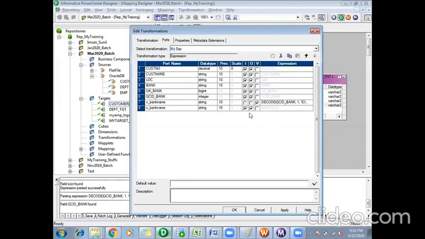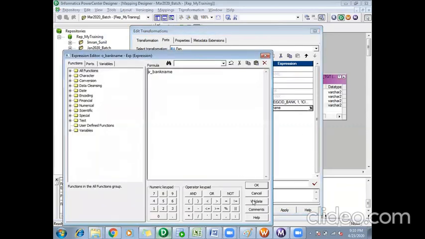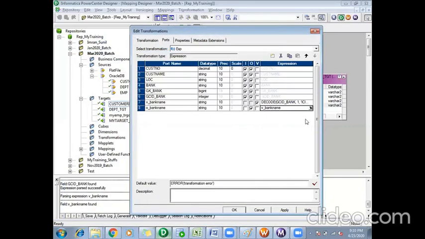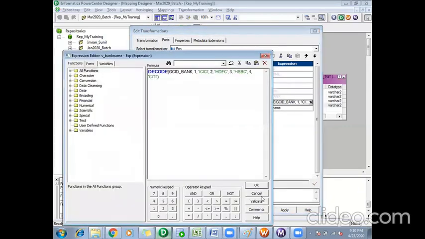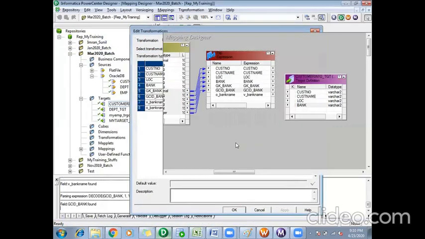I'll make it an output port, and I will assign the value of the variable port to this output port. It's valid. Even my decode function is valid. Done.